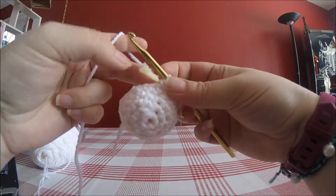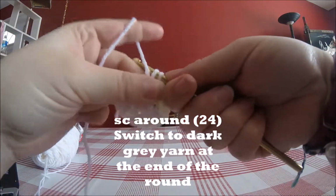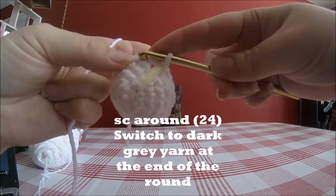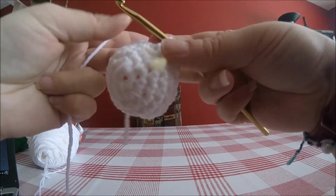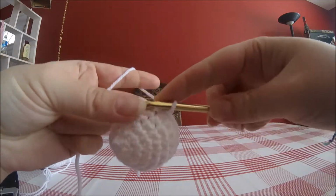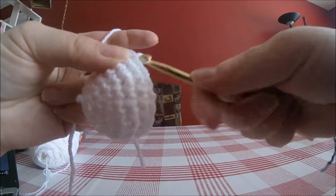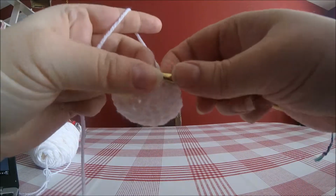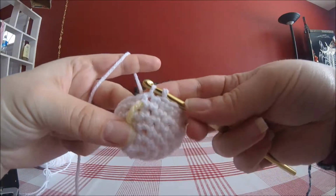The next row we're going to do is just SC around using our white yarn. So 24 stitches again, no increases, just SC straight. Okay, we're coming up to the end of that row where we're just SCing around, and we're going to get ready for a color change. So I usually leave my stitch like this,